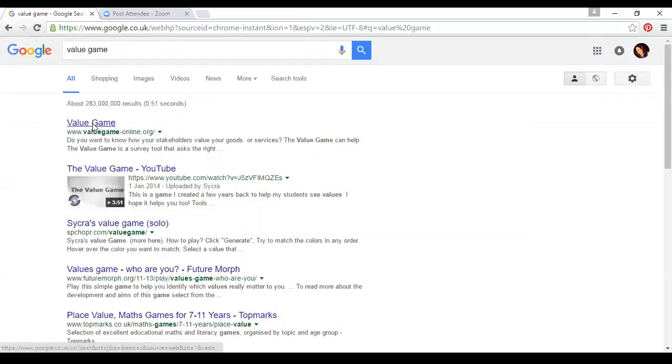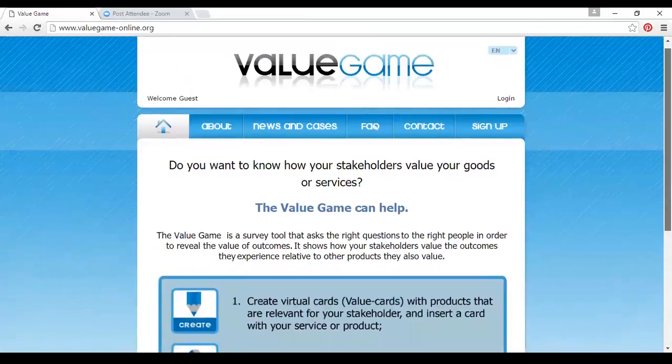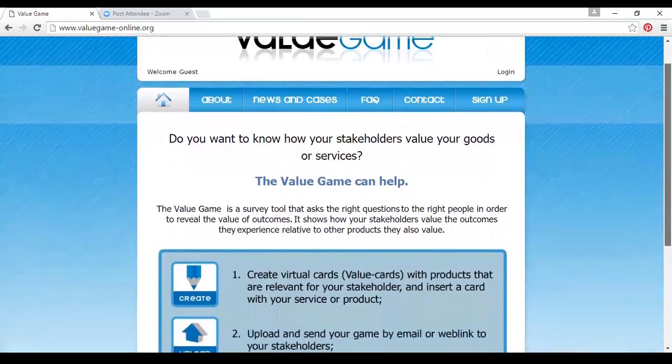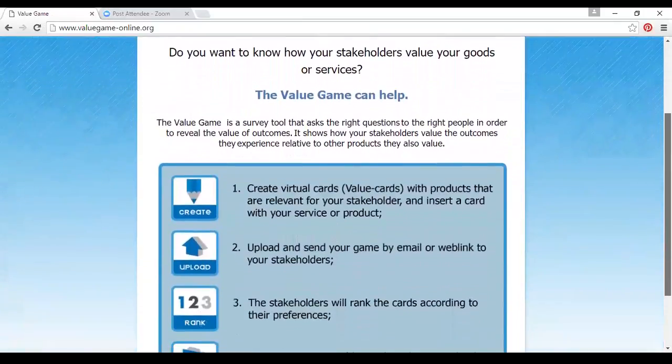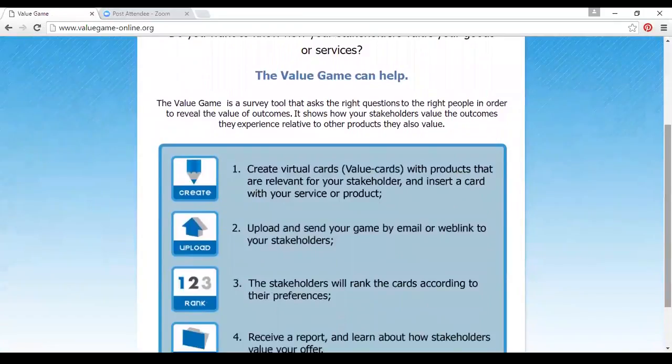And here it is. So, valuegame-online.org, and basically the value game is a survey that gets you to ask your stakeholders particular questions to get a value for a particular outcome. Now, I've done this before, and the best, or I suppose the easiest way to explain it, is that you